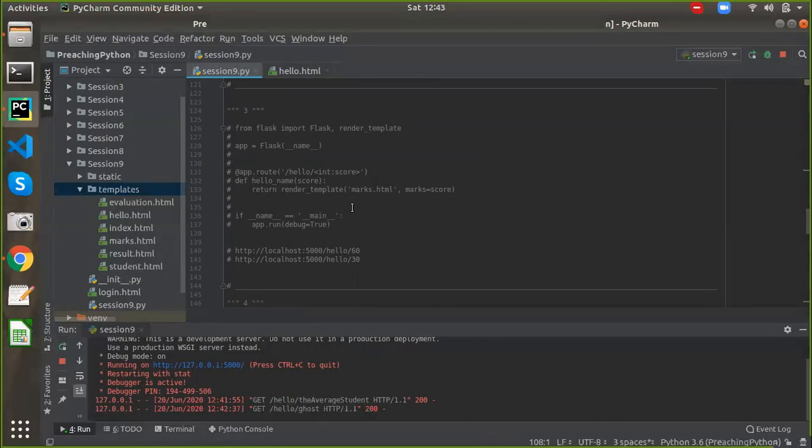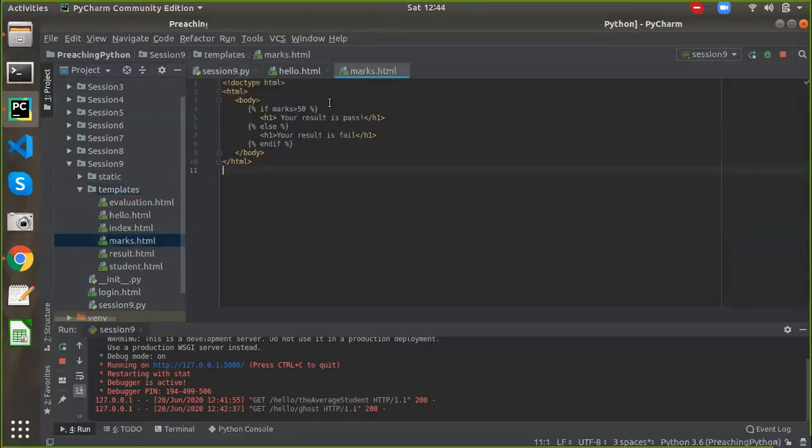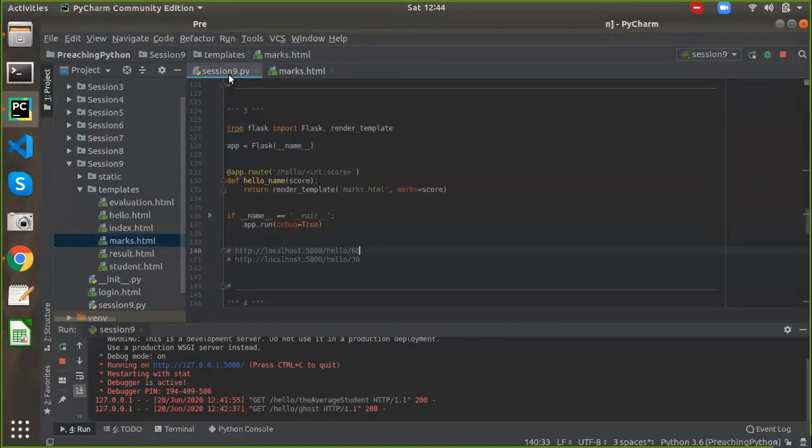The next example is the use of a conditional statement in the template. The URL rule over here, let me uncomment my statement, for the hello endpoint, for the hello function, accepts an integer parameter. It is passed to the hello HTML template. Inside it, the value of the number received, marks, is compared as greater than or less than 50, and accordingly the HTML is rendered. In my case, it's marks.html. So in marks.html, I am passing the value that I have received from the endpoint